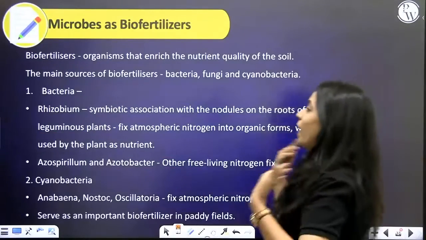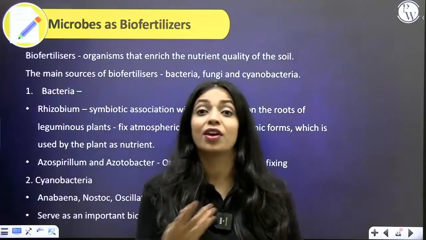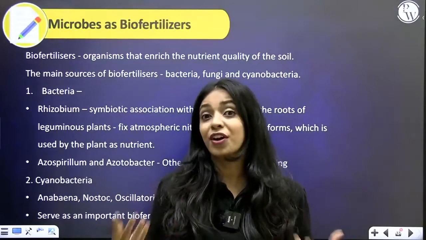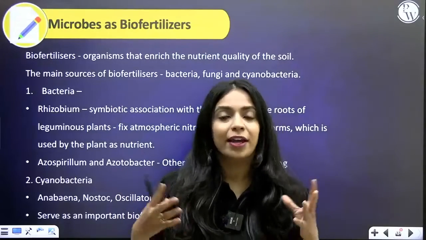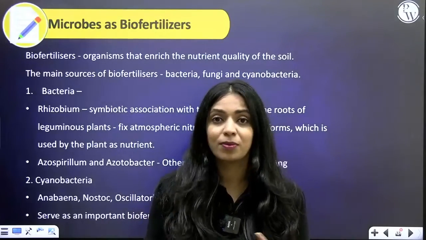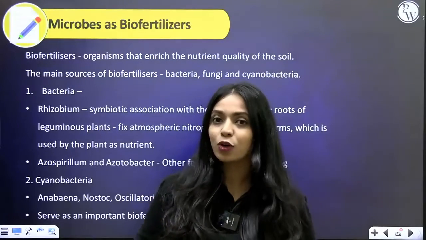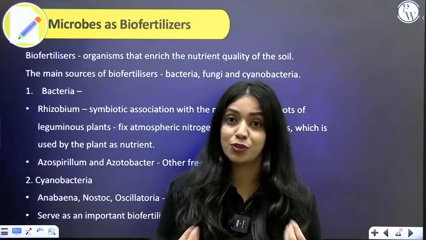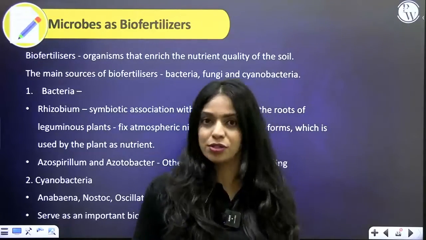Now let's talk about microbes as biofertilizers. Similar to how pesticides and weedicides are chemicals that are used in crop fields, we make use of fertilizers as well. What are fertilizers? Fertilizers are chemicals that you add to the soil. It could be in the form of urea, potassium, nitrogen, all of these fertilizers you get. So these again are chemicals and they could be harmful for our health, they could be harmful for the soil, they could pollute the groundwater, so they are bad also.